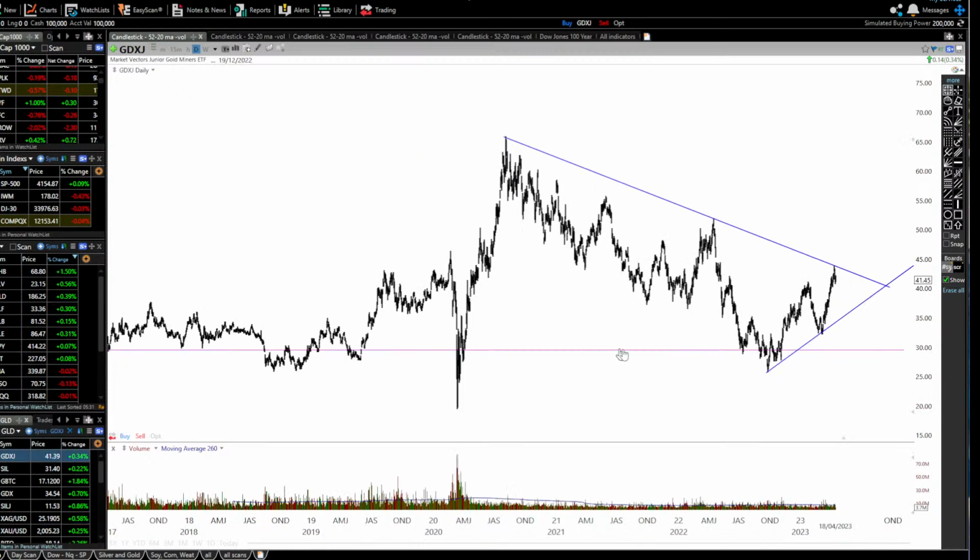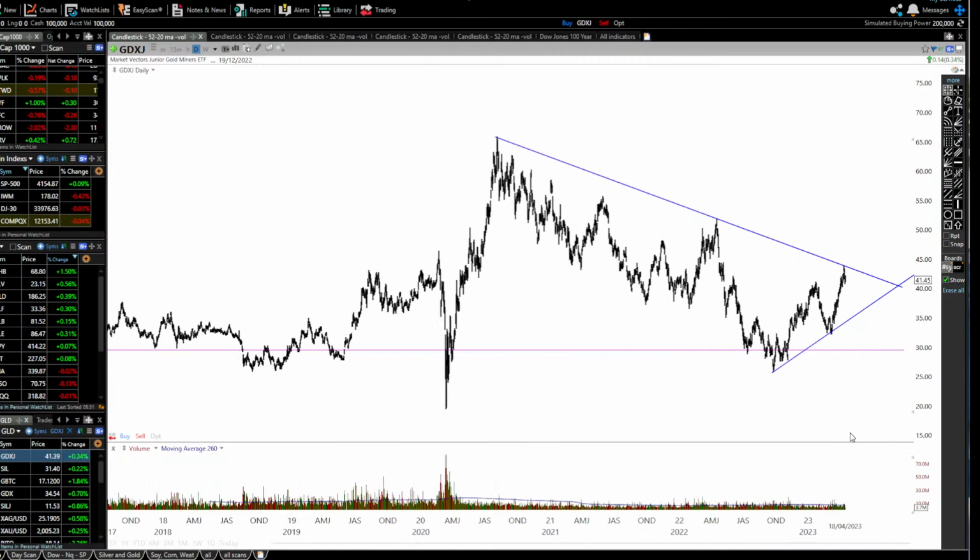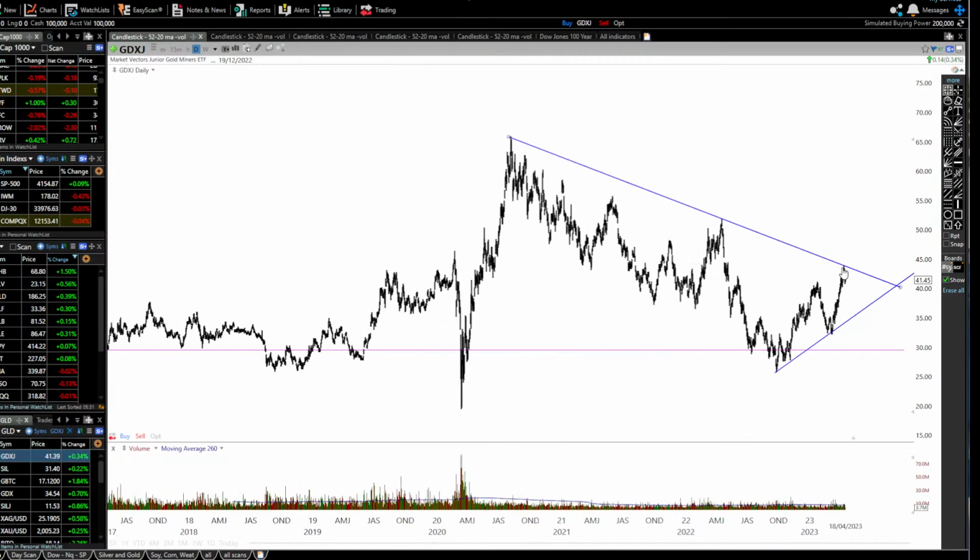If I have a look at the gold mining stocks, same sort of thing as well too. We're squeezing up into this triangle pattern. We had a very big strong move to the upside, hit this level of resistance, and now we're having a bit of a pullback. Let's actually get maybe a week worth of pullback first. And then if we do get a good breakaway, we should start to see some really, really good moves coming out of the